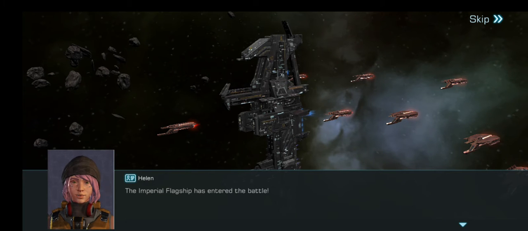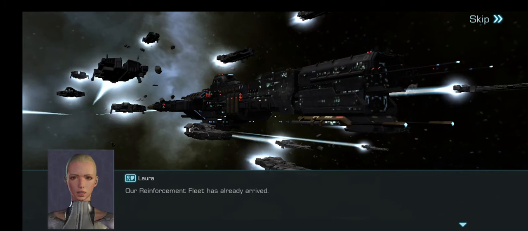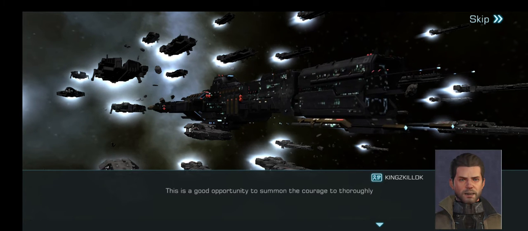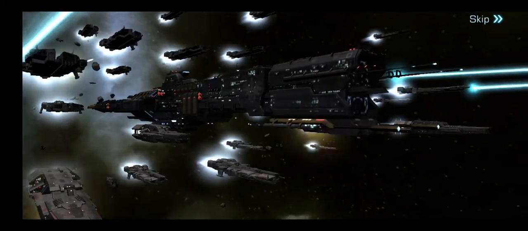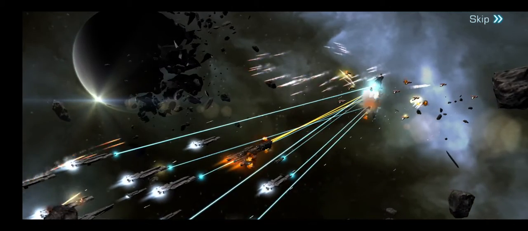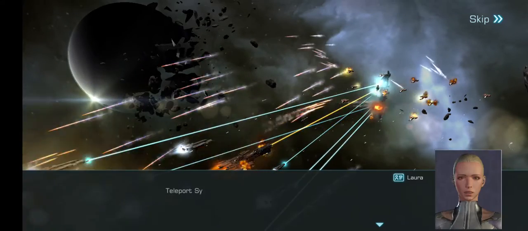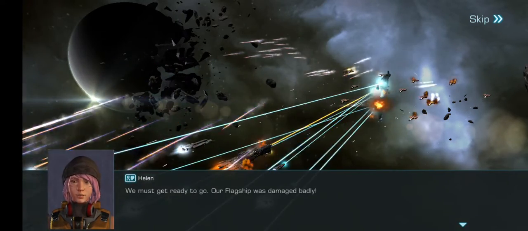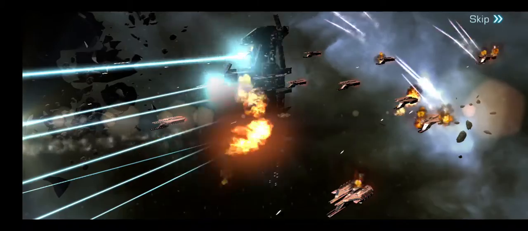Imperial flagship has entered the battle. Our reinforcement fleet has already arrived. This is a good opportunity to summon the courage to thoroughly defeat the Imperial fleet in one go. Teleport system all set. We must get ready to go. Our flagship was damaged badly. The enemy can't hold on much longer either. Destroy the enemy flagship and tell...